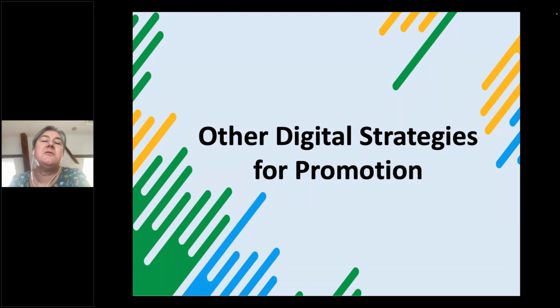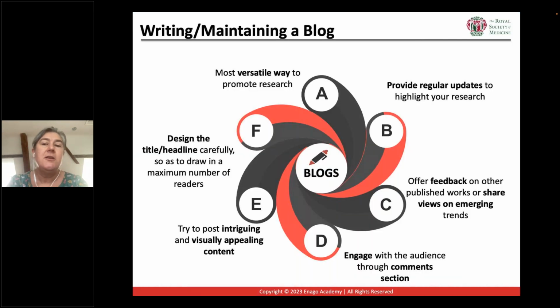So thinking about some other digital strategies, other ways of maintaining or growing engagement. One of these is to set up a blog, which is time intensive, but also a very versatile way to promote your research. It might be that it's manageable at perhaps research group level rather than for an individual. So have a think about that, which would make the workload a lot less. You can use it to discuss your work in very much your own voice. So you can pitch it as general purpose or as specialist as you want.